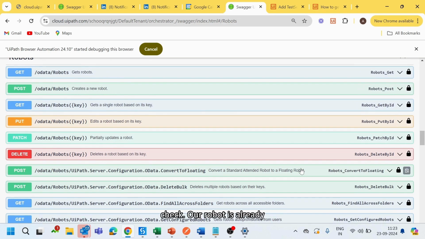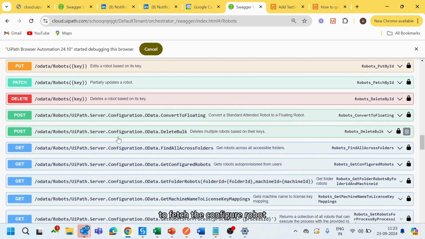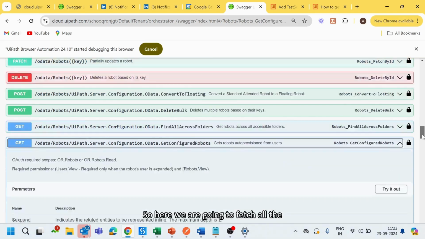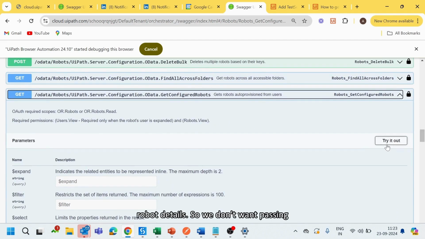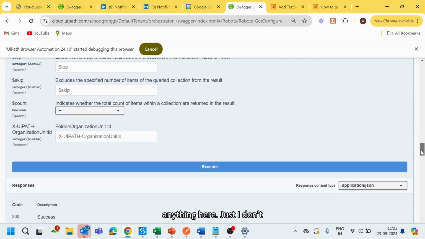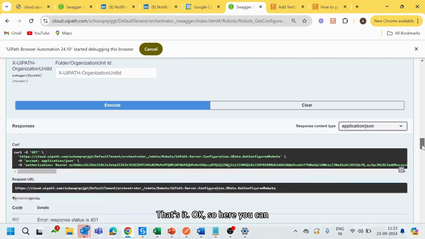Our robot is already configured, so we need to fetch the configured robot details. Here you can see OData robots, UiPath Server Configuration, Get Configured Robots. Expand that. Here we are going to fetch all the robot details, so we don't want to pass anything. Just click try it out, execute. That's it. Here you can see